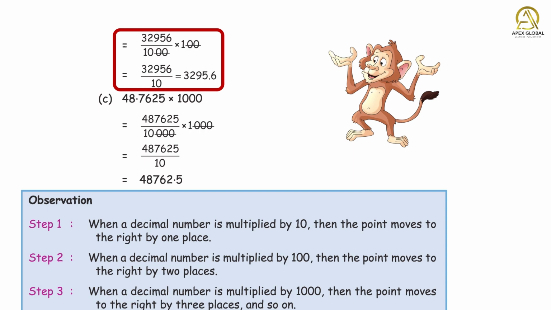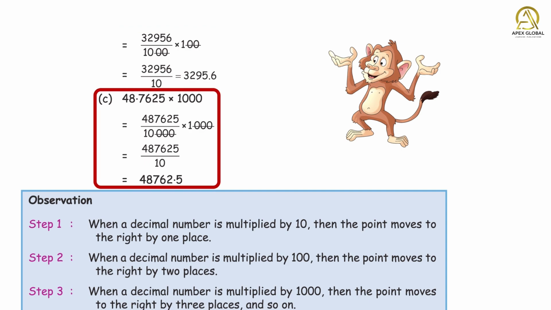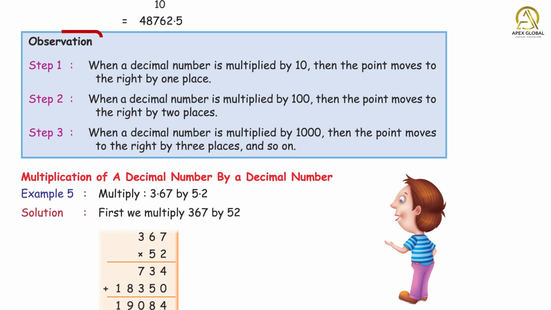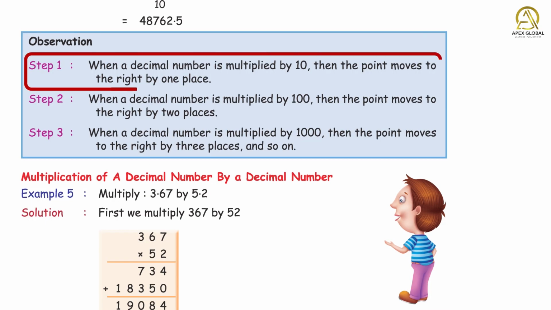32.956 upon 1000 into 100 is equals to 32956 upon 10 is equals to 3295.6. C. 48.7625 into 1000. 487625 upon 10,000 into 1000 is equals to 487625 upon 10 is equals to 48762.5. Observation. Step 1. When a decimal number is multiplied by 10, then the point moves to the right by